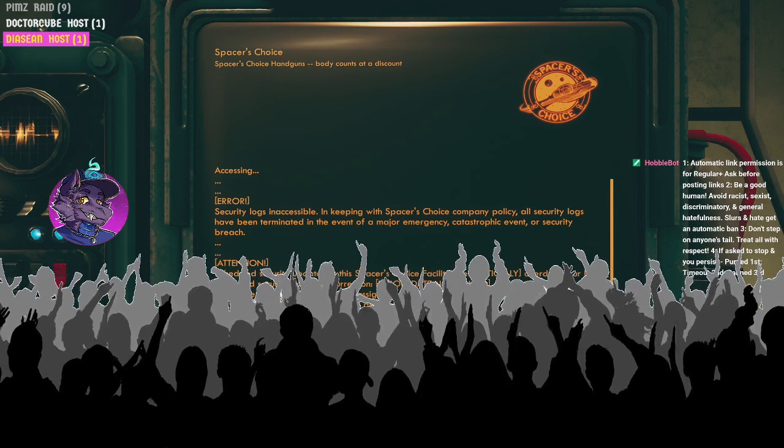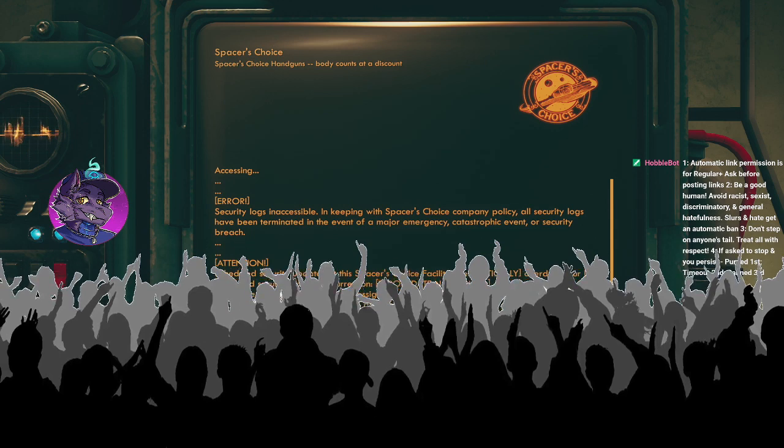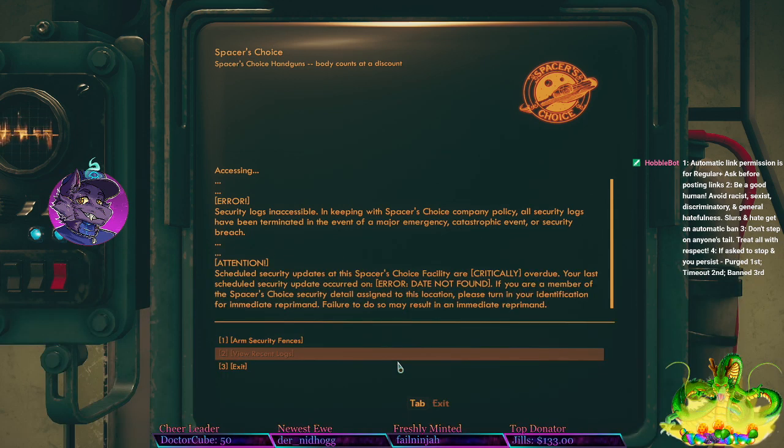Scheduled security updates at the Spacer's Choice facility are critically overdue. Your last scheduled security update occurred on error, data not found. If you are a member of the Spacer's Choice security detail assigned to this location, please turn in your identification for immediate reprimand. Failure to do so may result in immediate